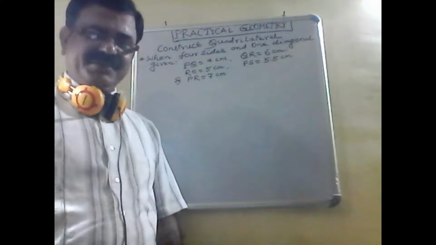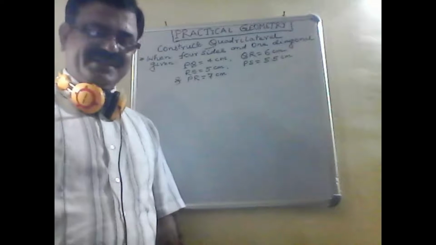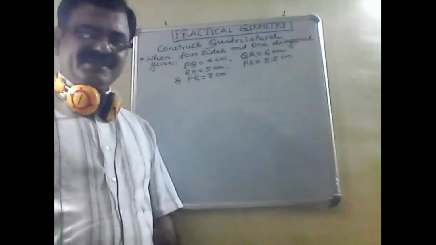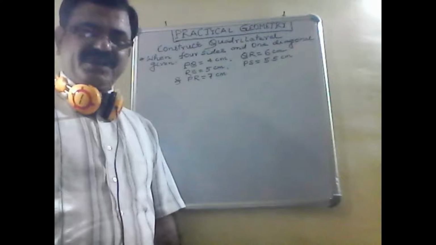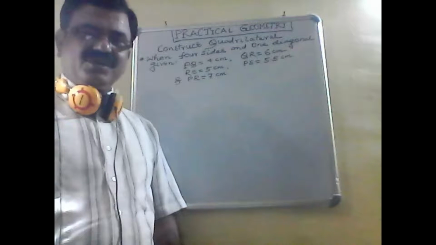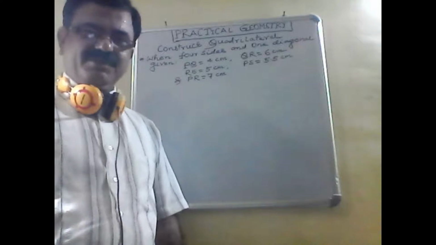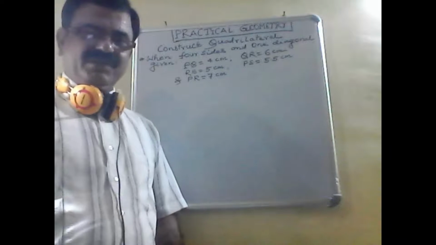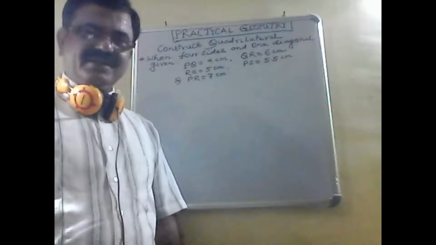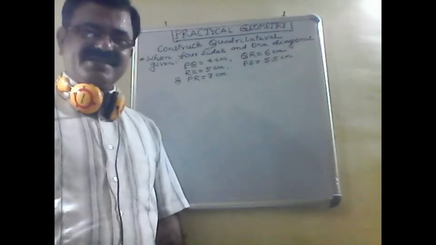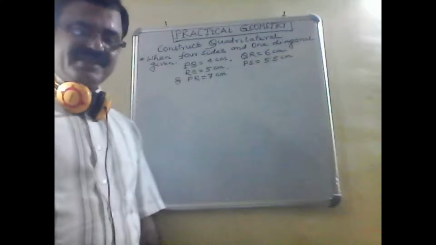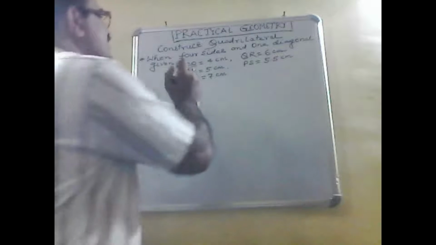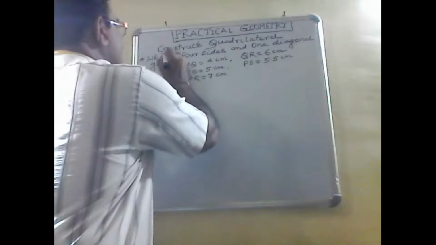Students, now I am going to teach you chapter 4 of class 8. Its name is practical geometry. As it is very clear, it is practical geometry, so you have to do all the things with the help of the instrument box. So in this chapter we will learn about the constructions, and in these constructions our first part is constructing quadrilaterals.